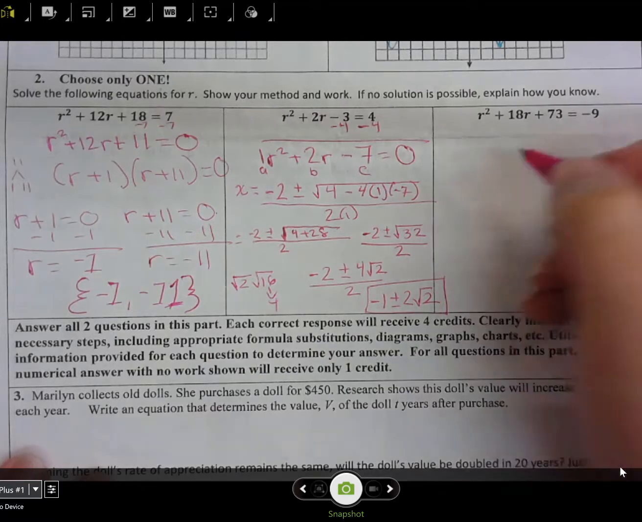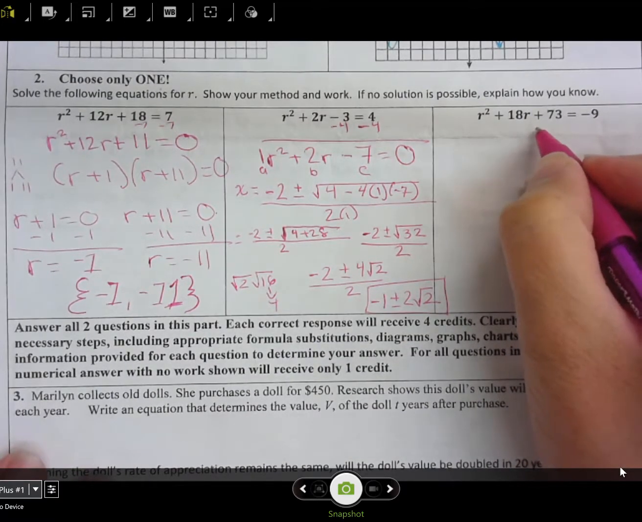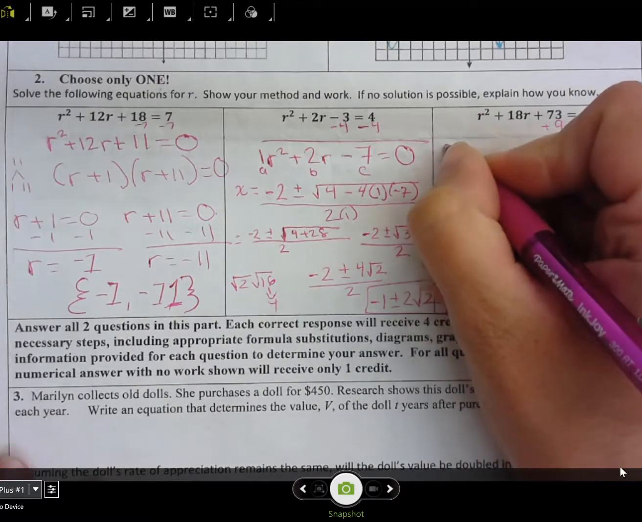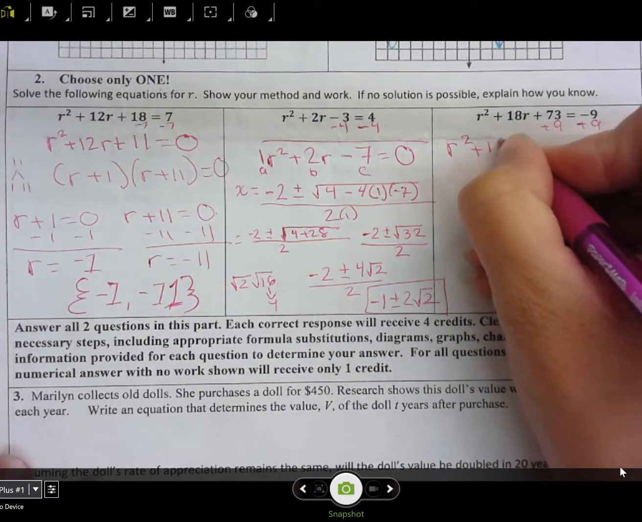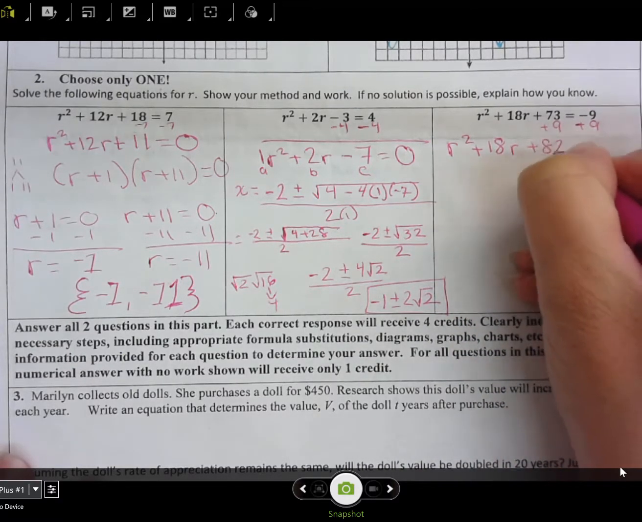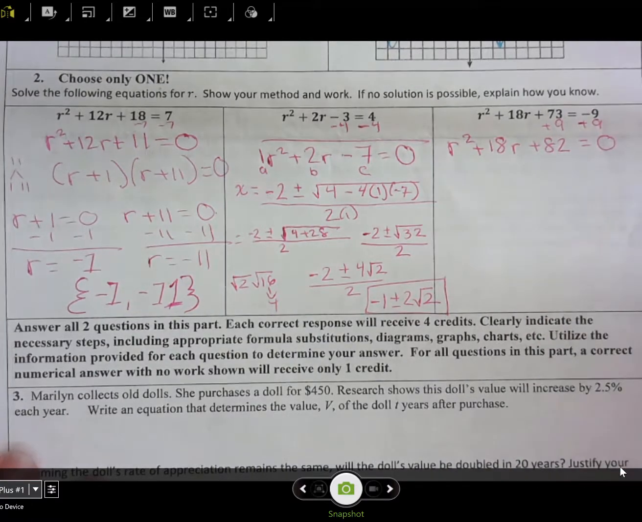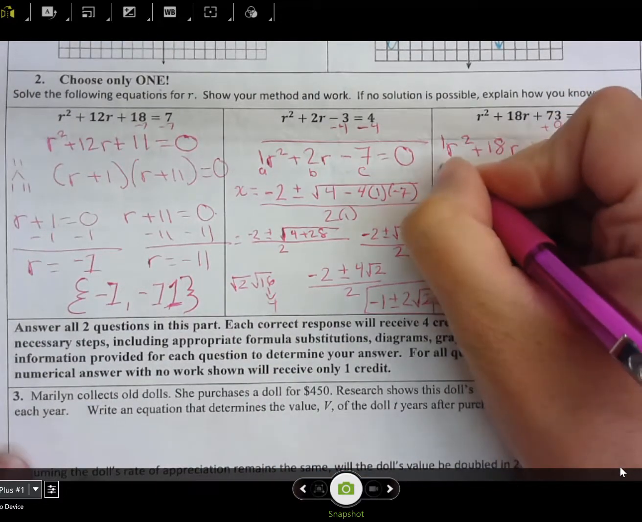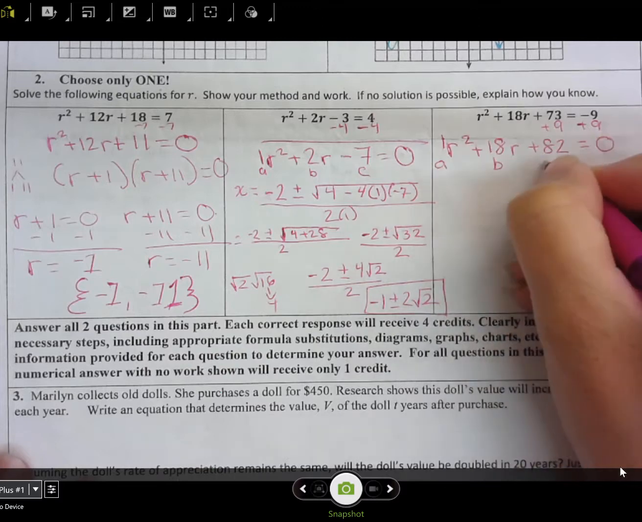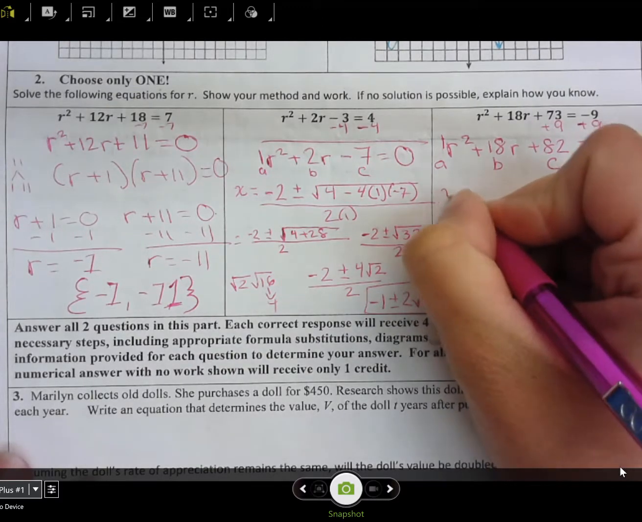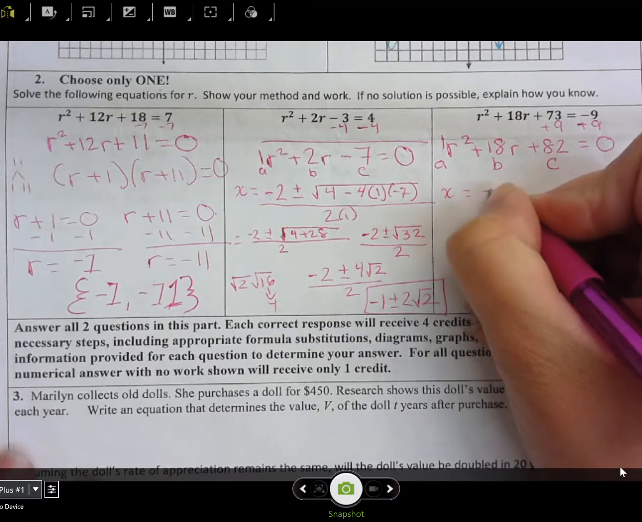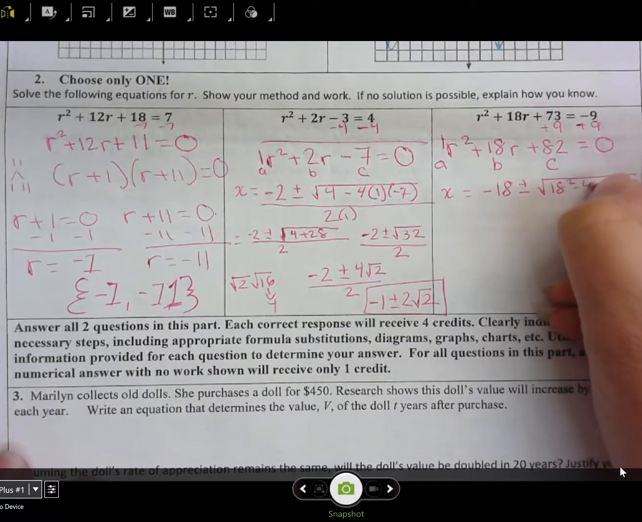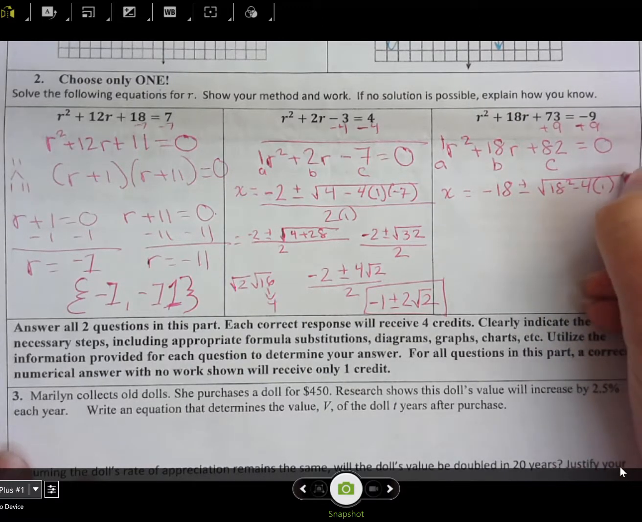The last one, we have r squared plus 18r plus 73 equals negative 9. So I'm going to add 9 to both sides of the equation this time. So we have r squared plus 18r plus 82 equals 0. Again, we can use the quadratic formula, which is on your reference sheet. Our a is 1, our b is 18, and our c is 82. So we have x equals negative b plus and minus the square root of b squared minus 4 times a times c